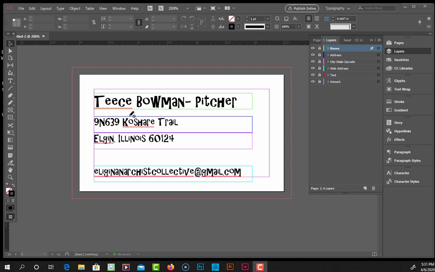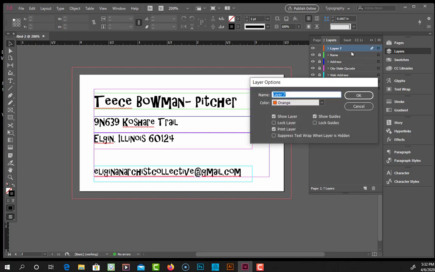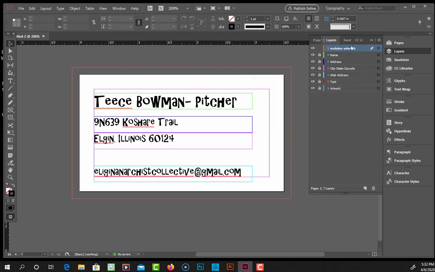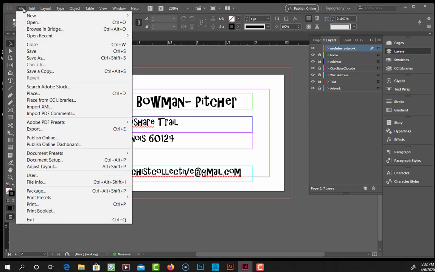And I have one more item that I'm going to bring in now, which will make the picture seem correct, and that is for the Molotov cocktail. And I'm just going to call that layer Molotov artwork. It needs an envelope of its own or a place for it to come in, and so I'm going to go to File and find that. So I'm going to do File Place,